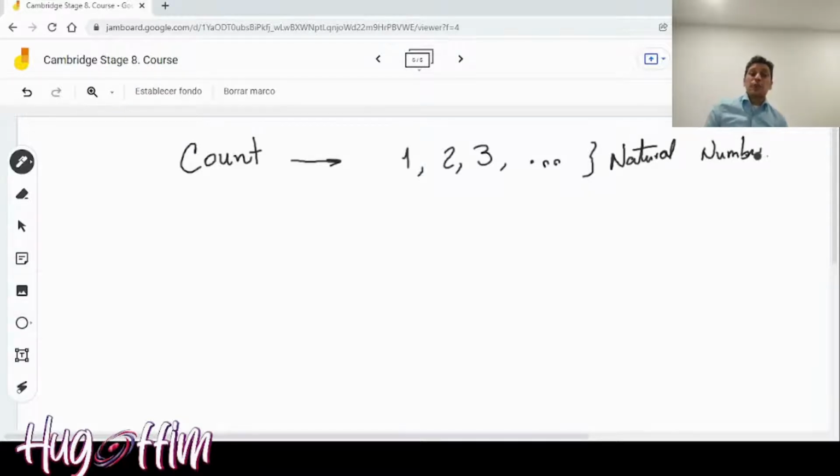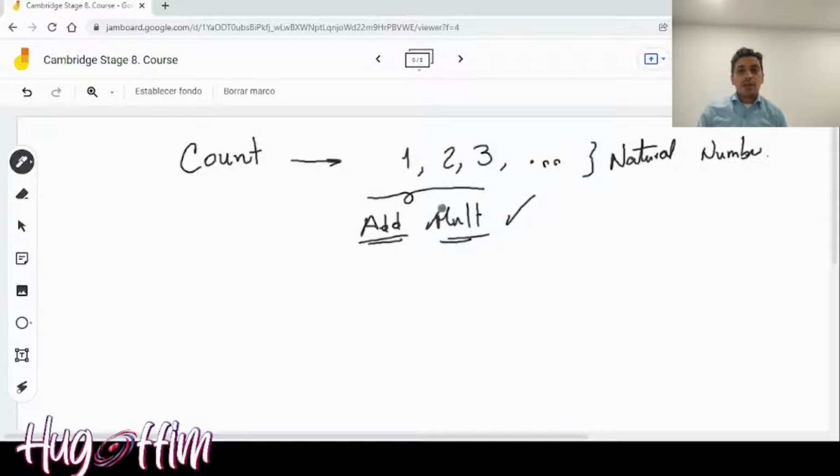With the natural numbers, there are many things that you can do, like for example, adding, because you can add any natural number to get another natural number. And you can multiply, because if you multiply two natural numbers, you're going to get another natural number. However, there's a problem when we start subtracting numbers. With addition and multiplication, everything goes fine. But if you start subtracting numbers,